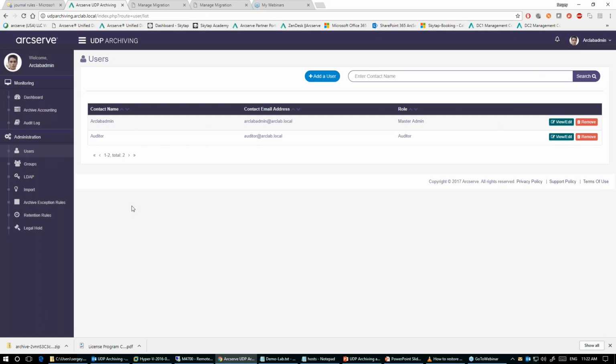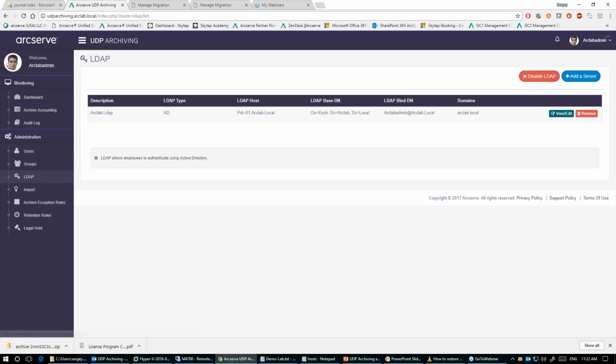We can define users, and I just have to warn you, you don't need to define each user which can be found in AD. For that, we have LDAP association. Once you provide LDAP configuration, all users can be recognized by this UDP archiving virtual appliance.